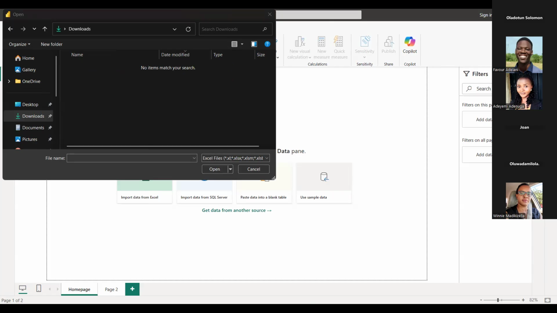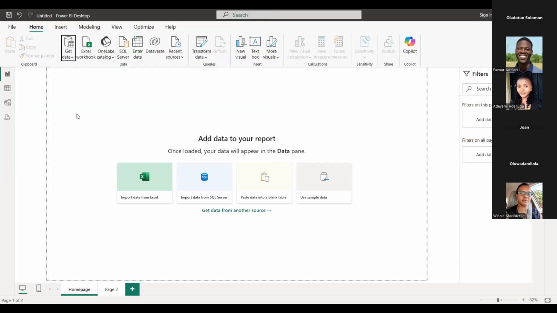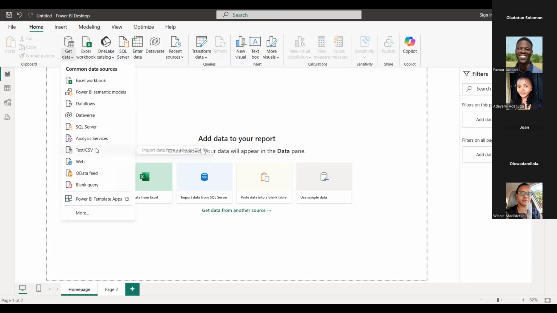Now, you can see that I'm trying to look for an Excel file, XLSX, but I'm not seeing what I'm looking for. That's because the data set we're about to work with is not in Excel workbook format. It is in a comma separated value format. So like Adeyemi was saying earlier, both of them are different file types. So I'm just going to go back and now click on the text or CSV.